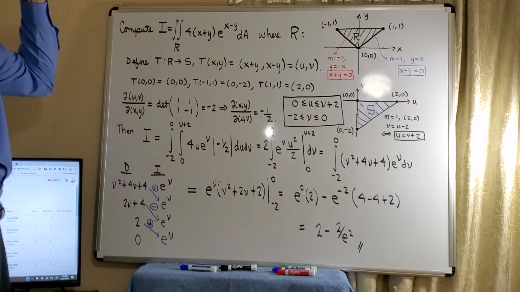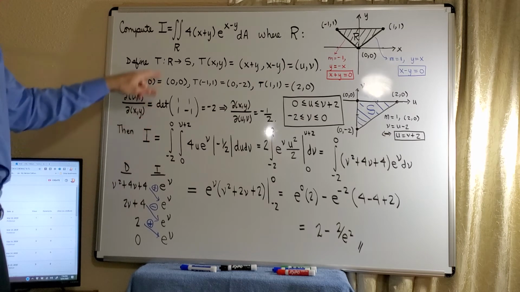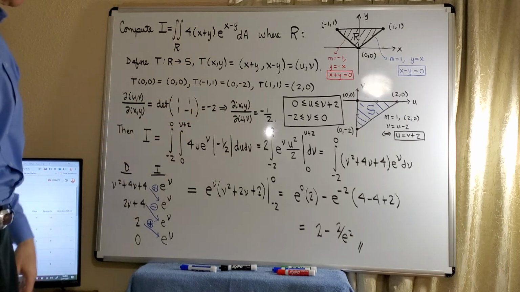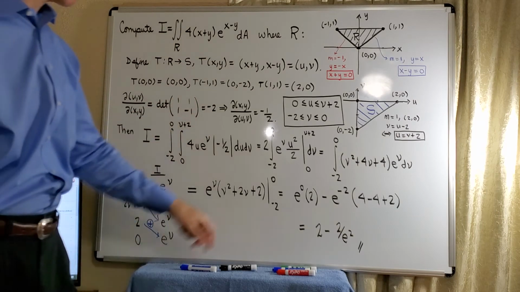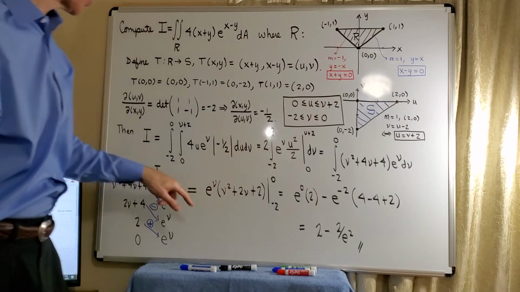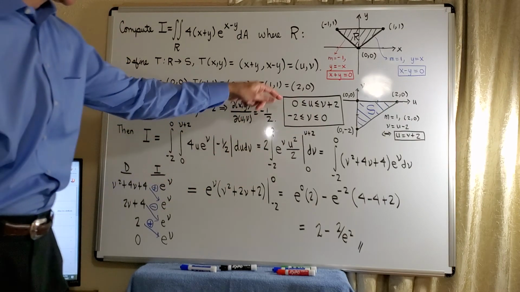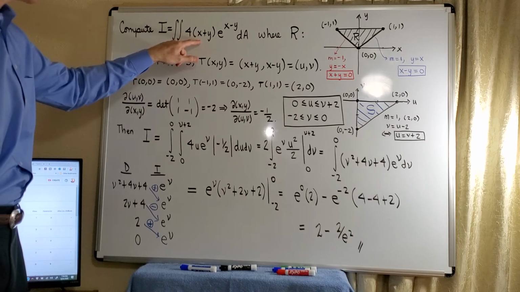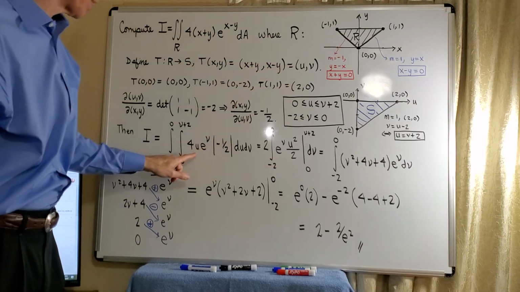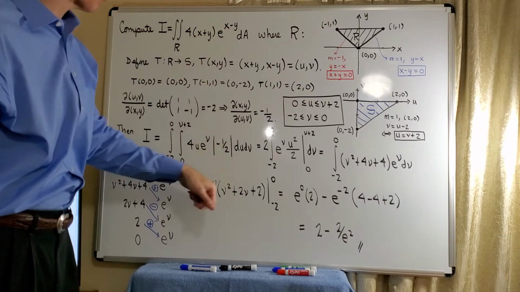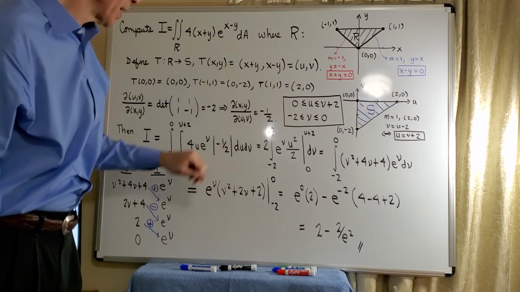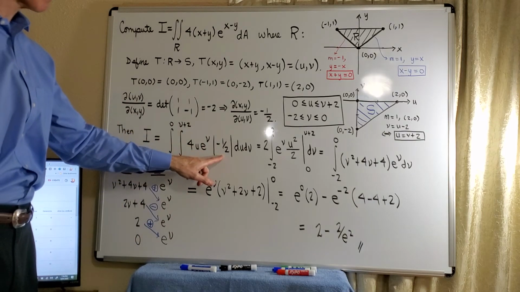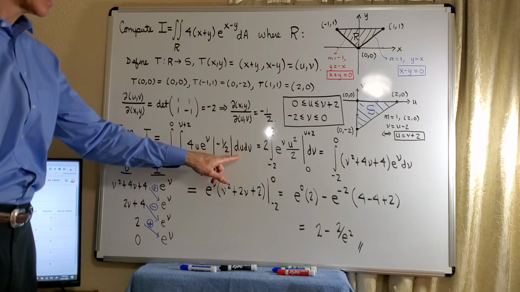So now we need to use change of variables. So we want to transform this integral over R to an integral over S. And so now we've got our nice limits of integration, negative 2 to 0, and 0 to v plus 2 here. And then, of course, the x plus y is just our u, which we have here. And then the x minus y is just our v, which we have here. So that simplifies tremendously. And then, of course, we have the absolute value of the Jacobian and then the du